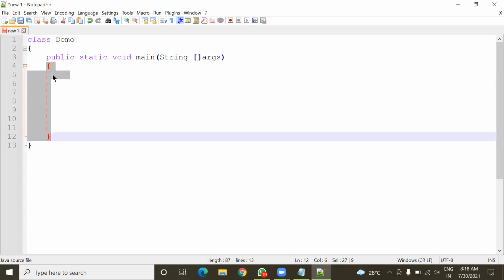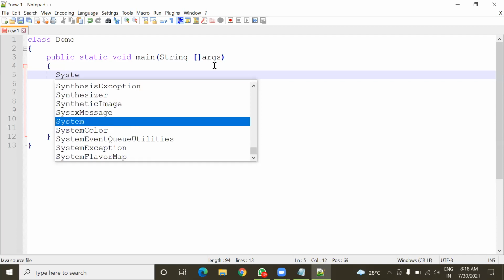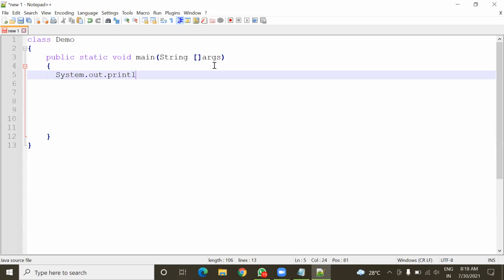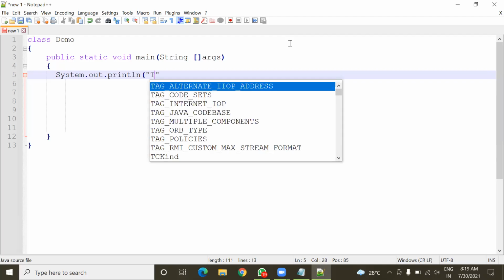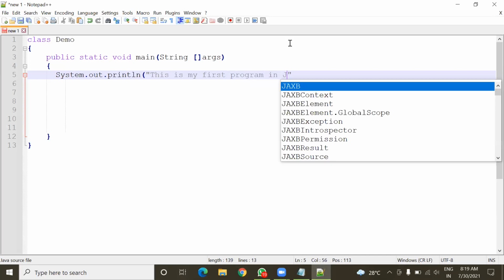Now inside this main method, I'm going to type only one instruction line: System.out.println, and inside double inverted commas I'm going to put a message: this is my first program in Java.